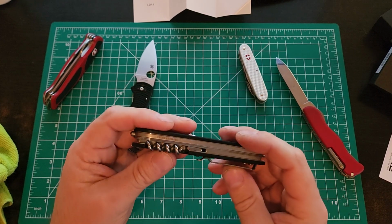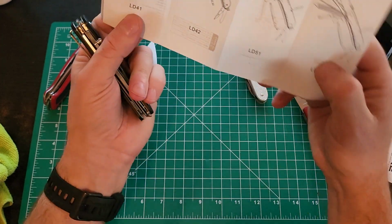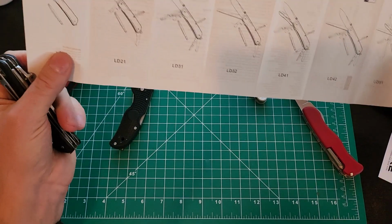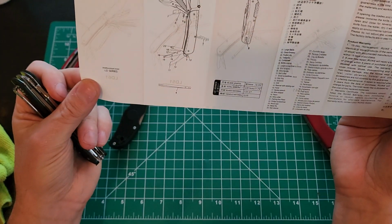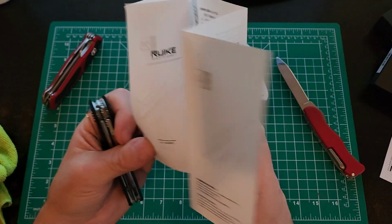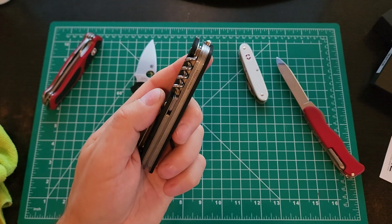Here's what I don't like. The only way with the Ruikes to get the Phillips screwdriver that I really want, which is one of my buying criteria, is, I think, on the 43. There's a model 43, which is that yellow one, the rescue tool, that has it here. However,